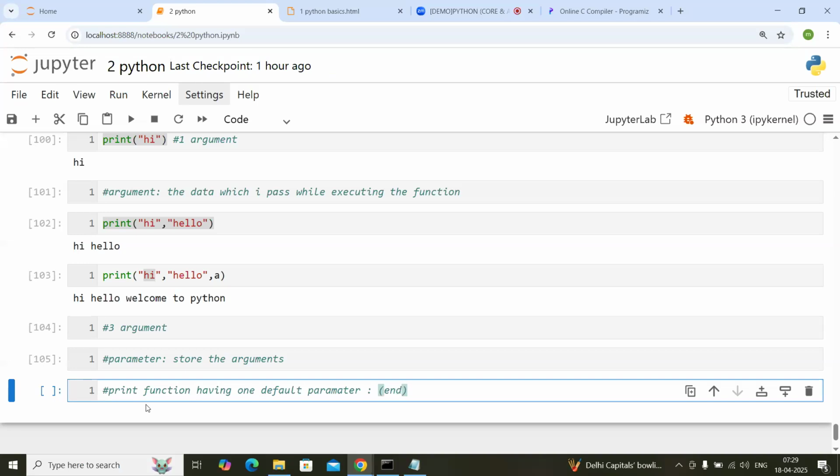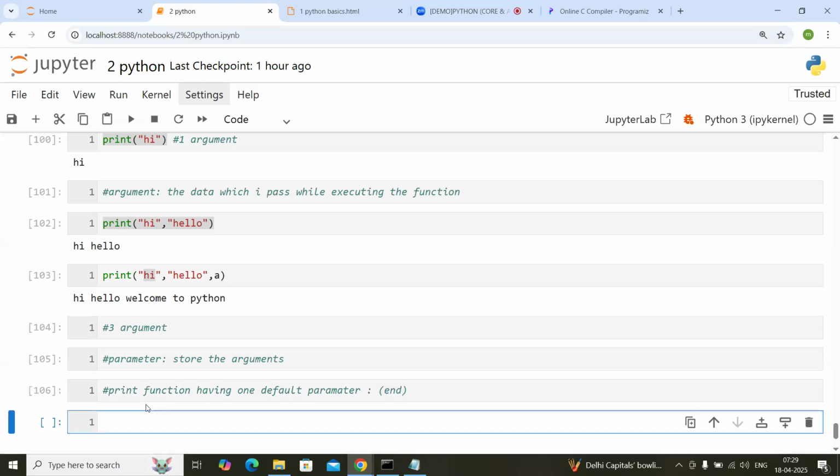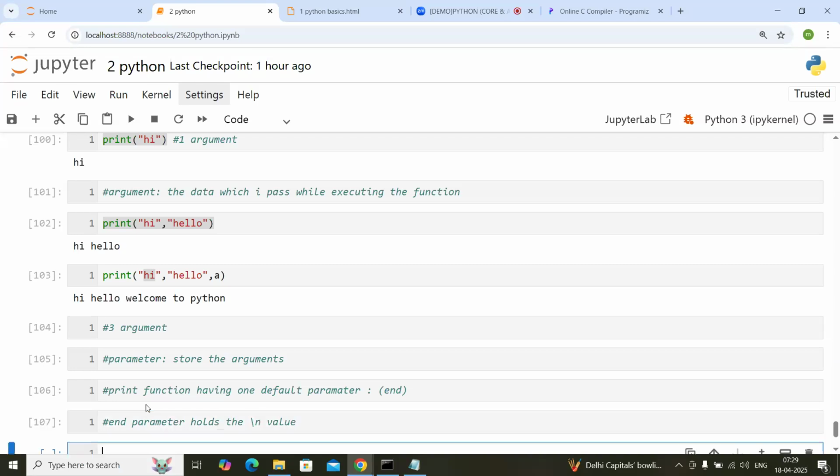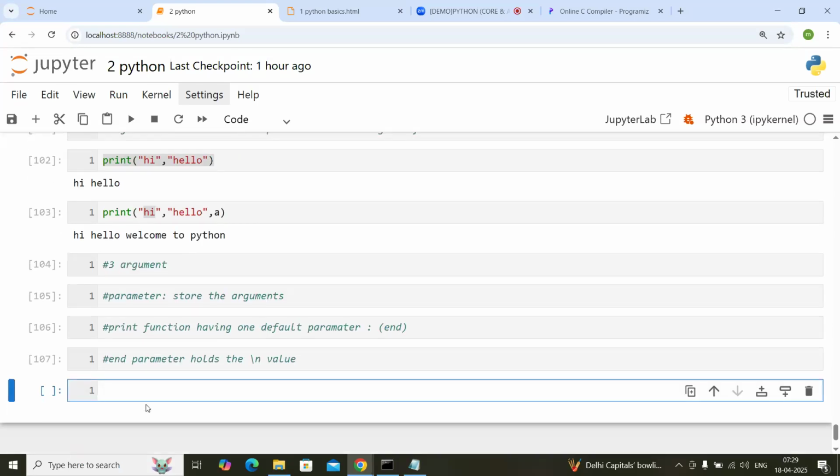What is the parameter name? End parameter. This end parameter holds the backslash n value. What is the value? Backslash n. In the Python programming language, if you want to format a string, we have a concept called escape sequence,